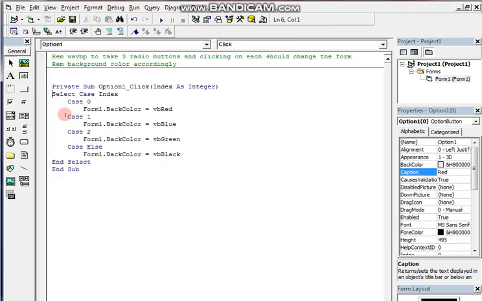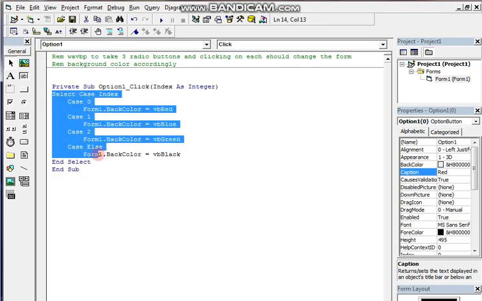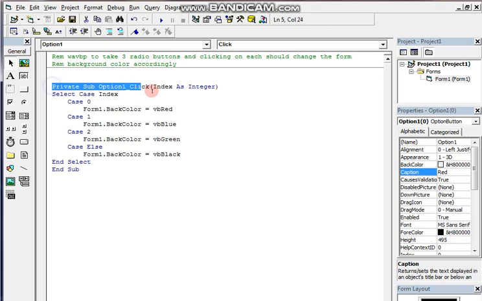Thereafter, if you double click on any of these, it will come to the select case. It will come to the same procedure with an index. So every button has an index. Clicking on each, it will recognize which button we are clicking, or which index we are clicking. So according to the index, the color is getting changed. Hope all of you understood this nicely, students.